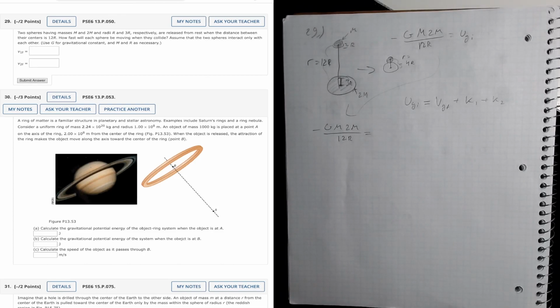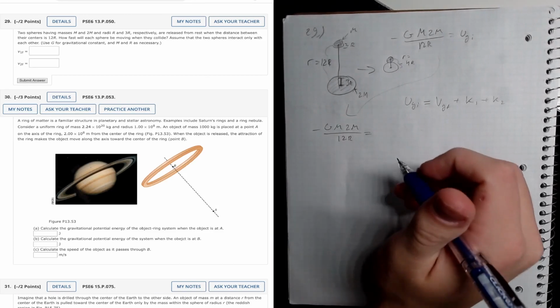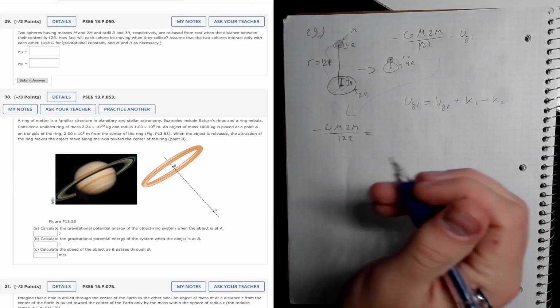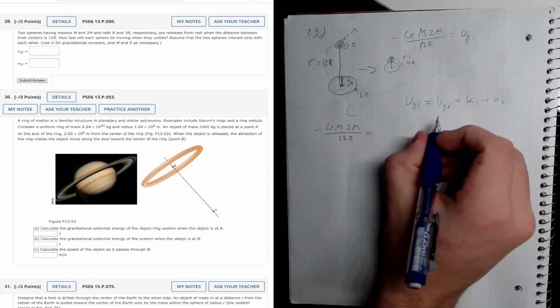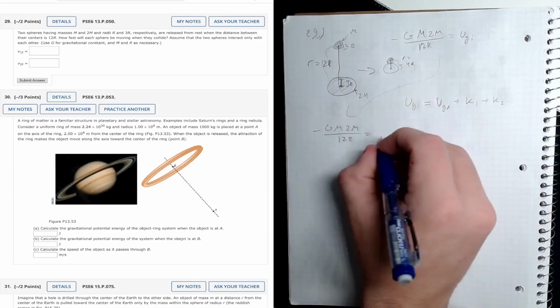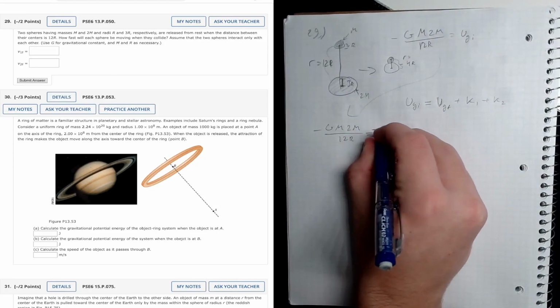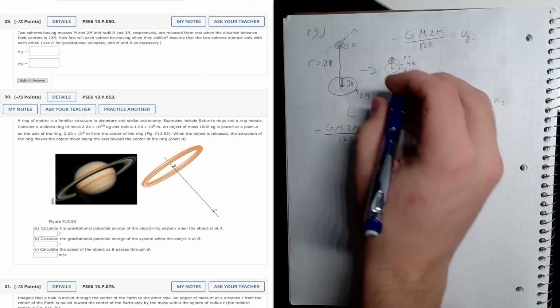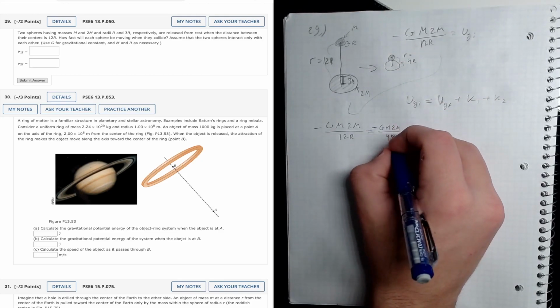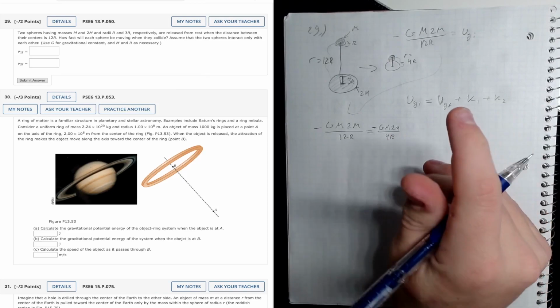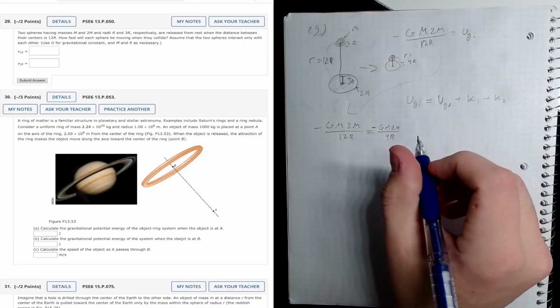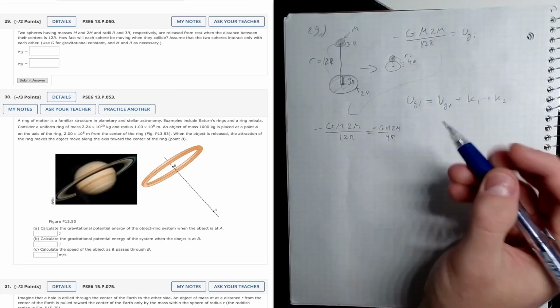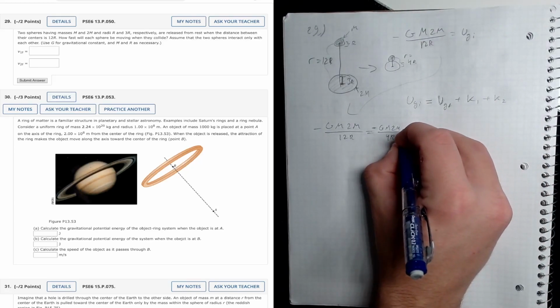Okay, so gravitational potential energy final is going to be the same formula minus G m 2m over, in this case, 4r because that's the end, plus,